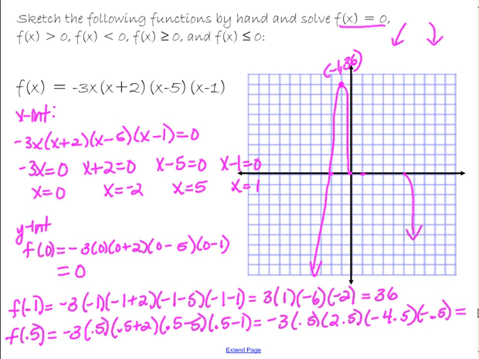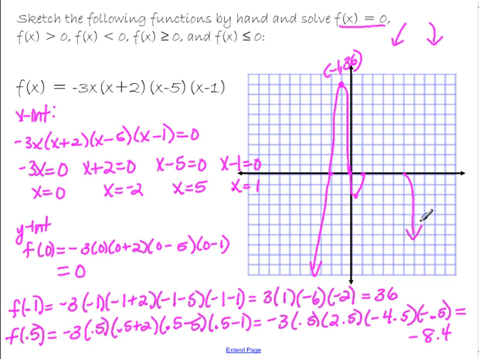So if we multiply all of those together, definitely on the calculator, what is that? Negative 3 times 0.5 times 2.5 times negative 4.5 times negative 0.5, I get a negative 8.4375, so we'll just call it negative 8.4. So since we're counting by 4s, we'll go down 4 and 8, and a little bit more than that. Okay? So it's going down and coming back up, so we would expect it to go up again and come